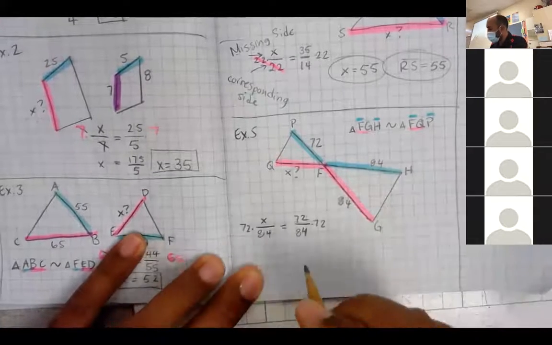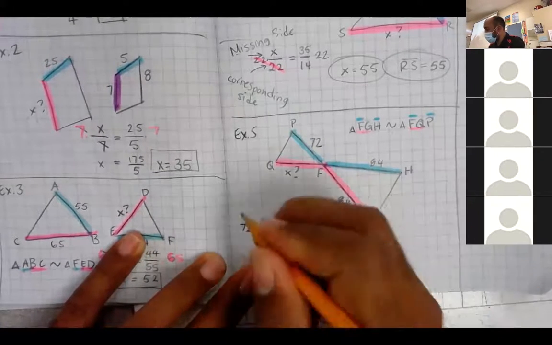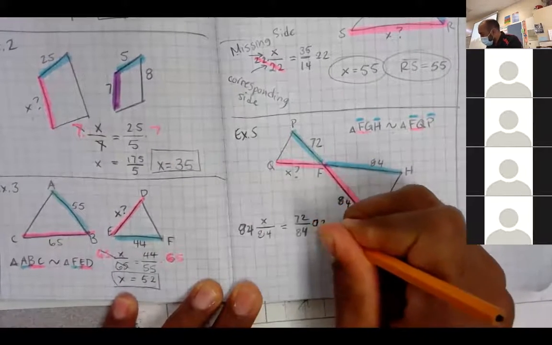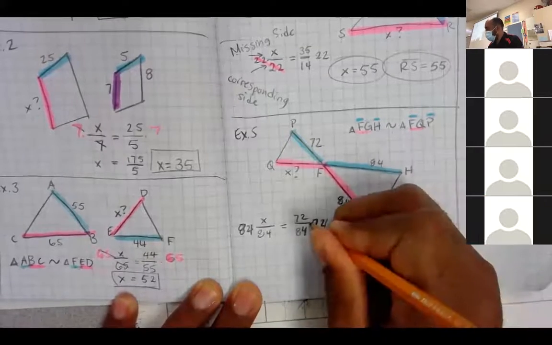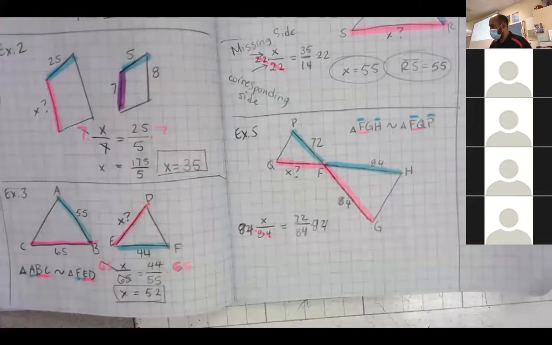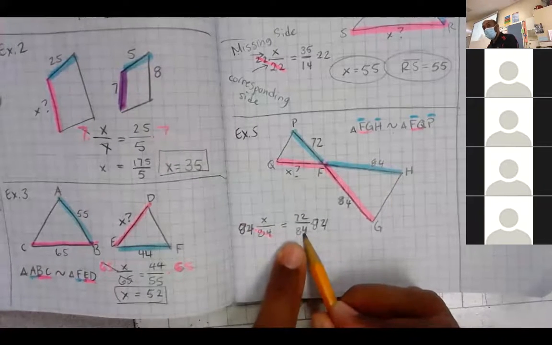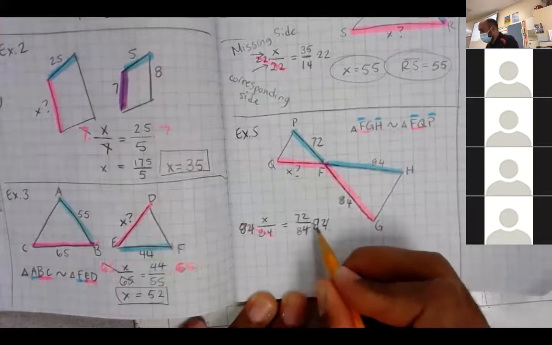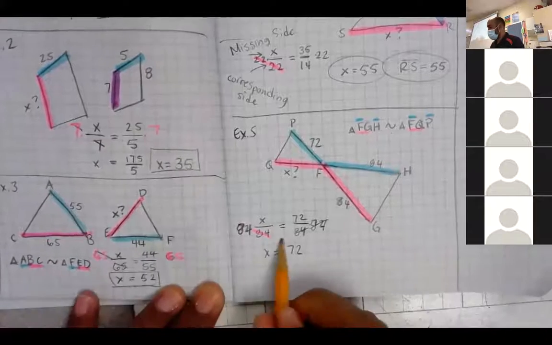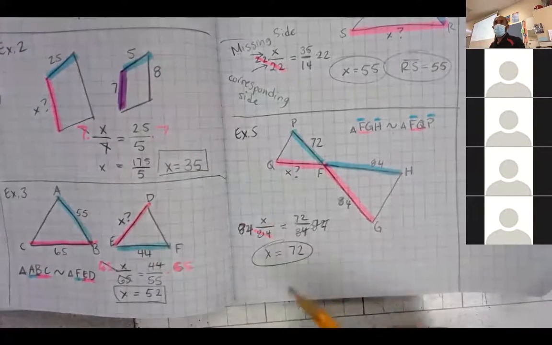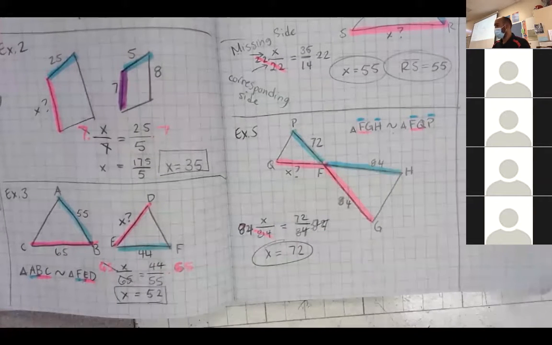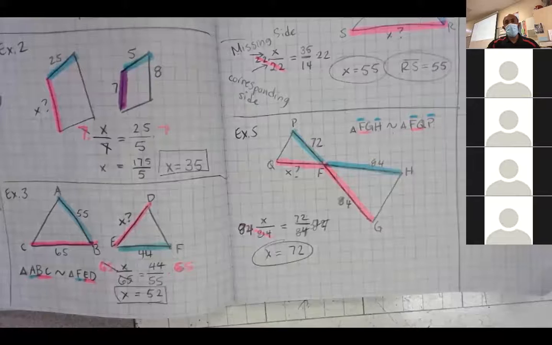Okay, let's multiply both sides by 84. Oh, my bad, not 72, 84. My fault. Not on my A game this morning. So those cancel there. And if you notice, that also has 84 on the bottom. So that means these will also cancel. And if you already might have guessed it, it equals 72. Okay. Which makes sense. I mean, if these two sides are the same, then that must mean that these two sides are also equal. Okay. All right. So I'll pause the video, let you guys get